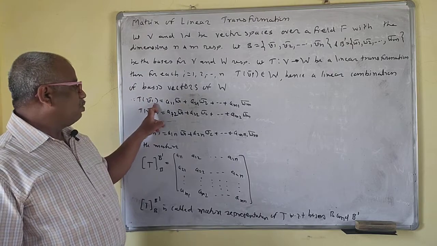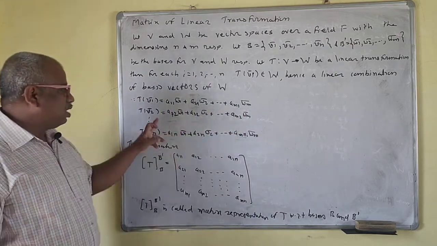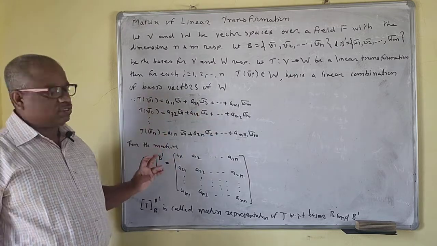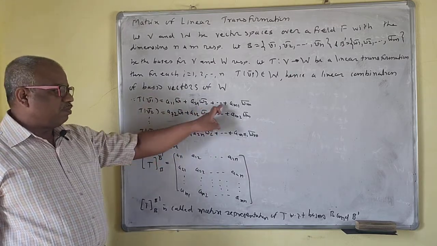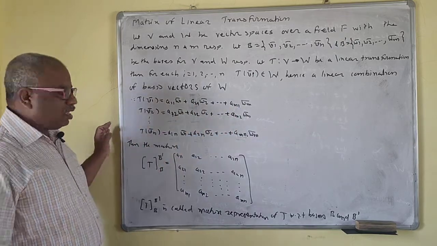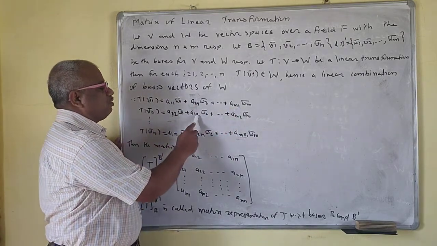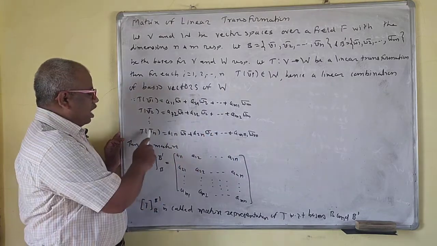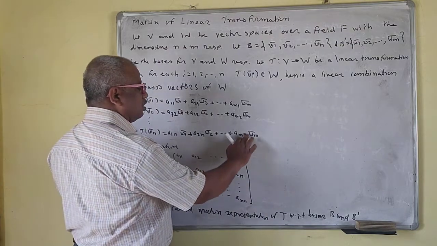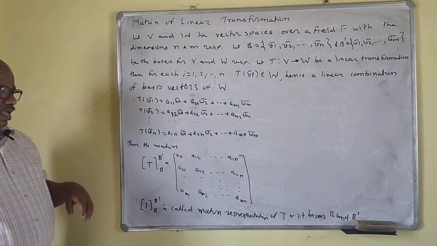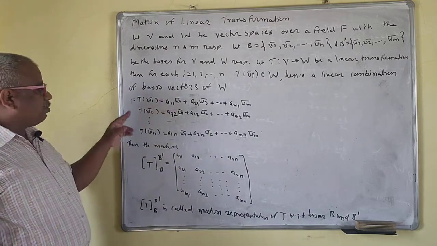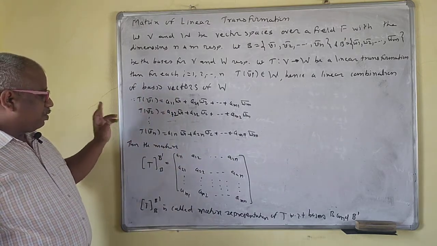Okay. So T of v1 bar is the same as a linear combination of this. You see, this is v1, so I have taken the second suffix as 1, and w1, w2, up to wm I have taken that is a m1. See, this is a 2,1. Same thing here for v2, the second suffix I have taken 2. And for vn, the second suffix I have taken n. So this is not n1, this is a mn, a mn w m bar. So T of v1 bar, T of v2 bar and so on are each a linear combination of the vectors.